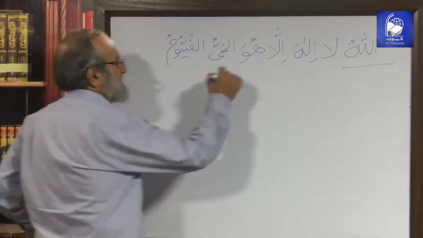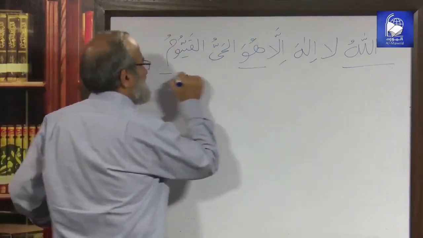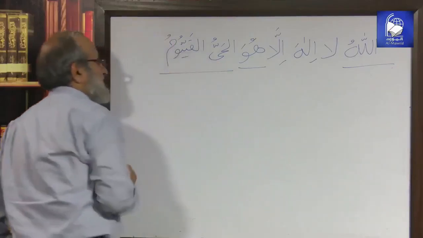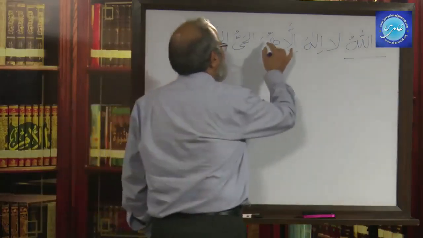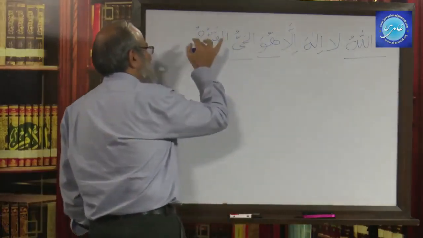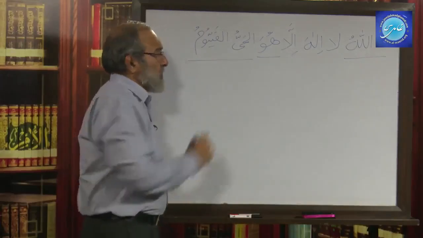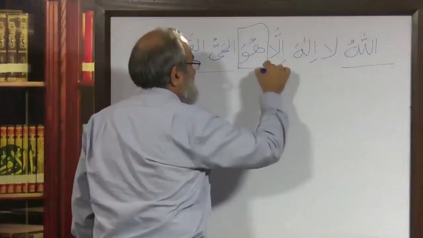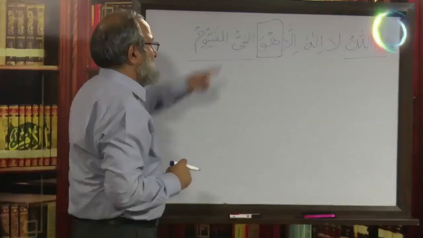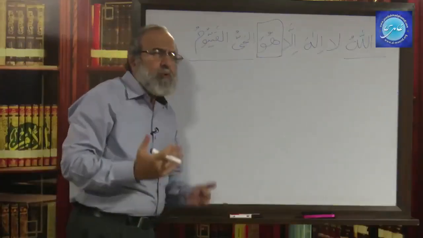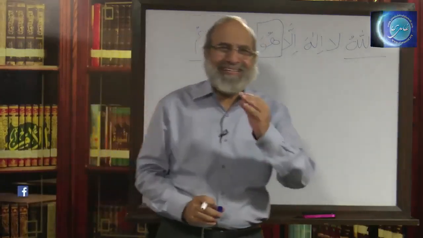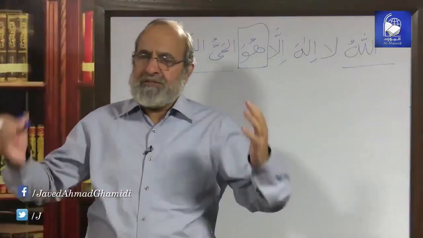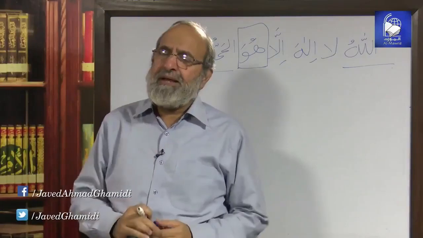Huwa al-hayyul qayyum. This is a pronoun. We have not as yet talked about pronouns, and these are the nouns. Both are in the form of rafa. Huwa, he is al-hayy, living, al-qayyum, sustaining. You know, as yet we don't know this pronoun, but we most certainly know that these two nouns are in the form of rafa. And if you look at the simple translation of the sentence, huwa al-hayyul qayyum, he is the living, the sustaining, the one who is causing everybody else to live, to sustain.